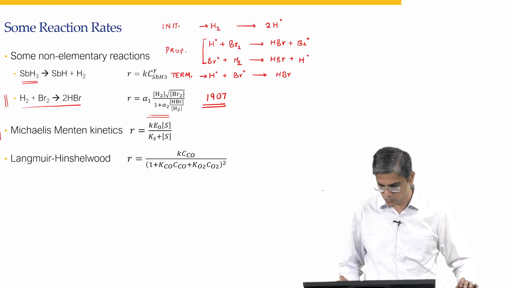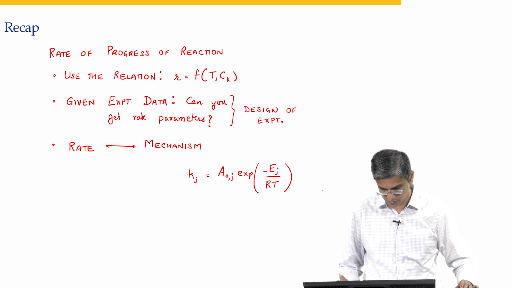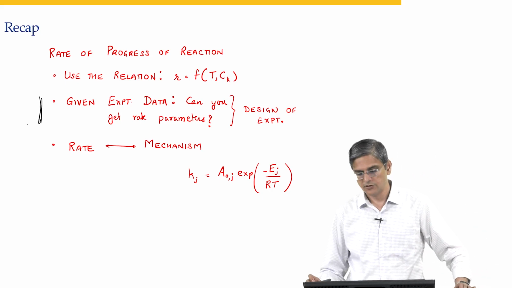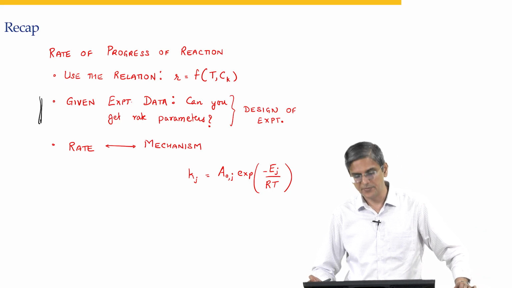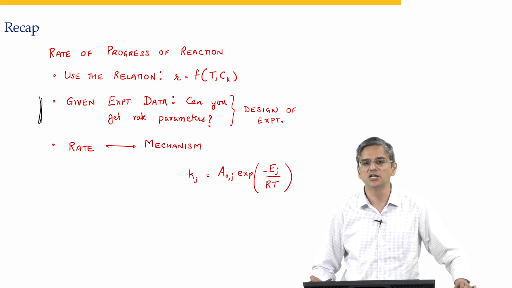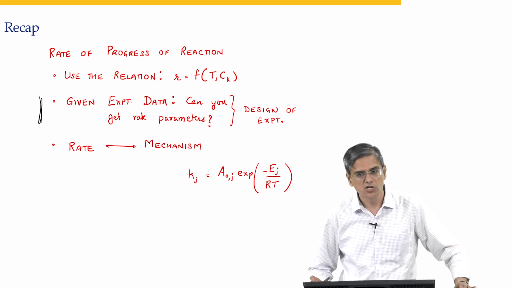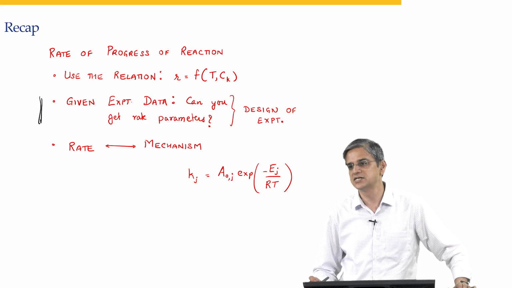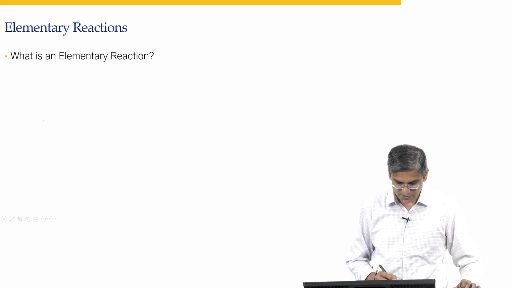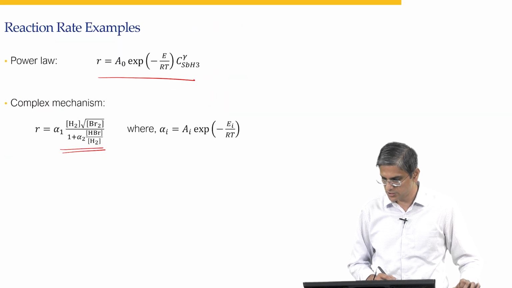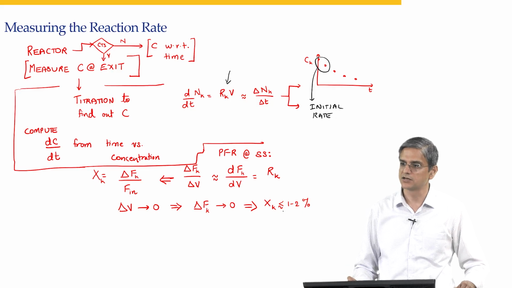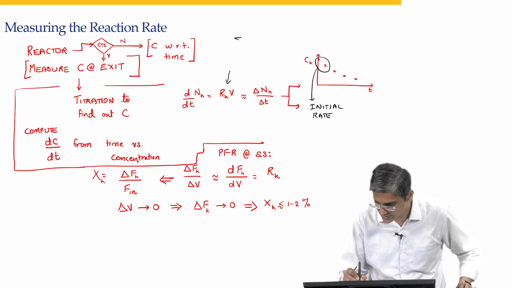Let us go back to what we said: from the experiments we want to obtain the parameters. We will use the design of experiments in order to figure out what are the most relevant conditions to run this reaction, so that what you get is representative of the reaction rate. Okay. Why do I say representative of reaction rate? Because on the right hand side it is not small r, but it is capital R. So, your right hand side, it is basically